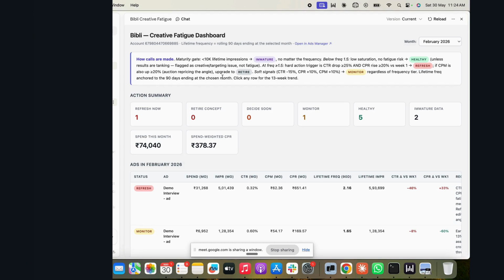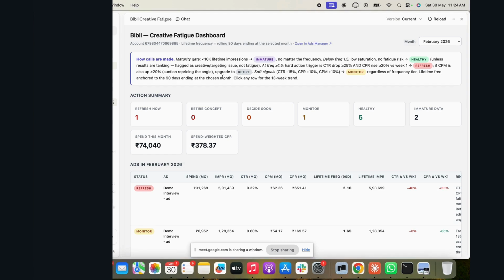So you don't need to run this or create these dashboards again and again. It will give you insights over that. But that framework is something you will have to bring in from your marketing knowledge, right? Because as you saw, there were some errors in the general advice that it was giving. It was not very straightforward advice.